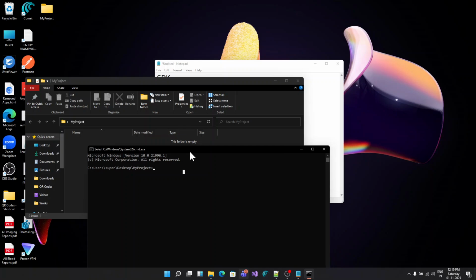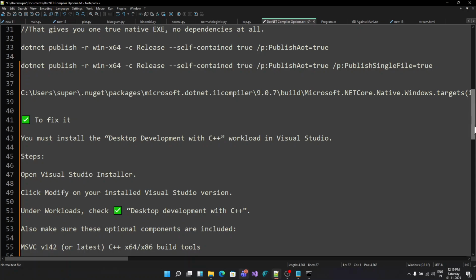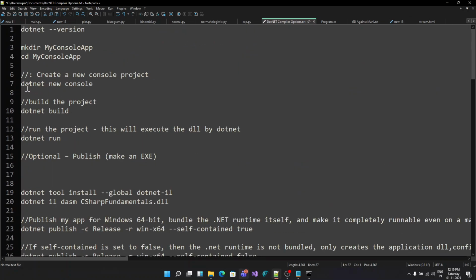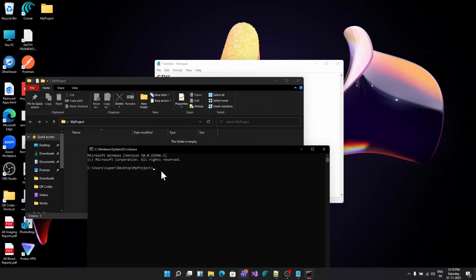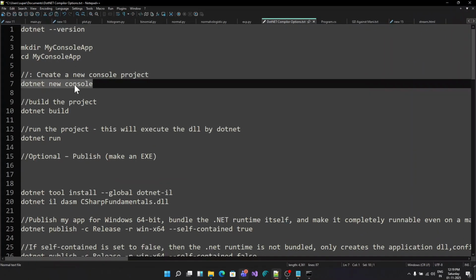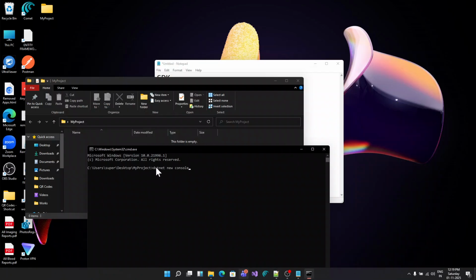Brilliant. And now, to help us create a new project, you can type a very simple command, which is dotnet new console. That will create a new console project. So let me copy this and run this. I should have copied it first. Let me copy, and to paste in the console, you just need to right click. It pastes automatically. Hit enter, and the new project